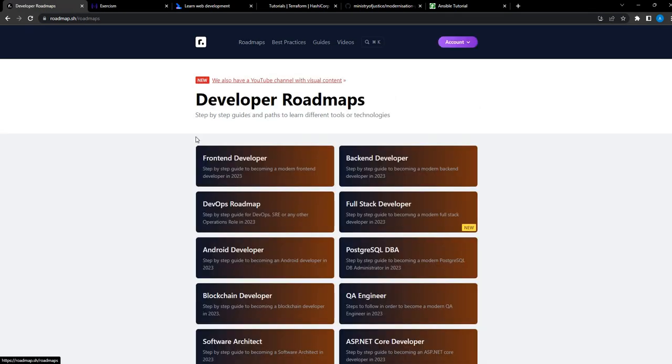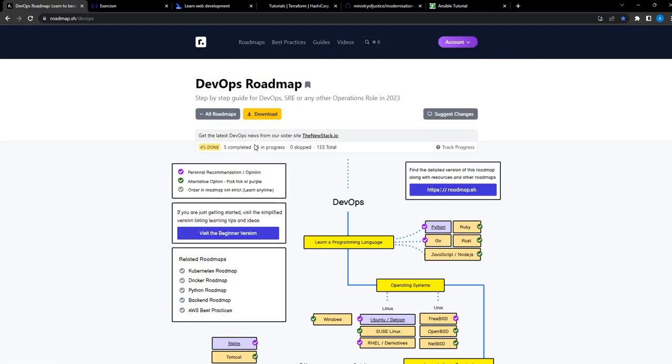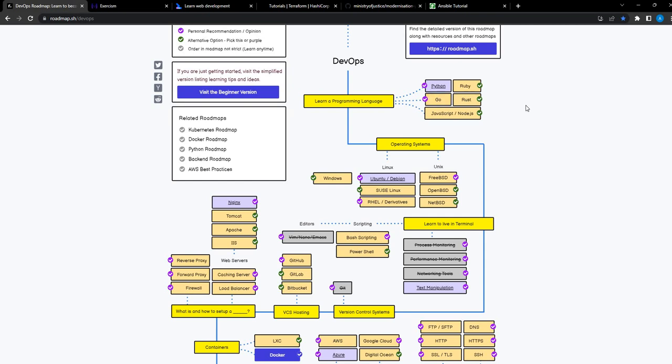There are many roadmaps. You just have to go to the homepage, and there are different ones for backend developers and DevOps, which I especially like and am also following. If you go to the DevOps roadmap, you have a lot of sections. They show you related roadmaps, like Kubernetes, Docker, and other things. When you start from the beginning, you can choose which one you want to do first. The purple ones are the most recommended,